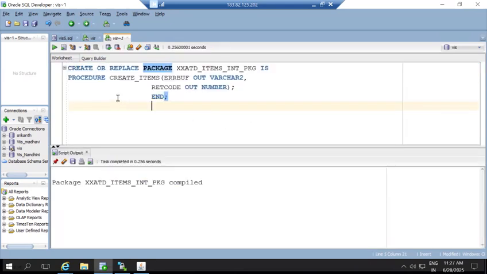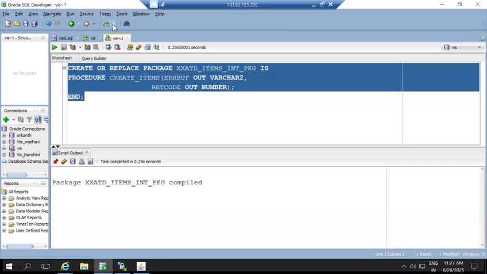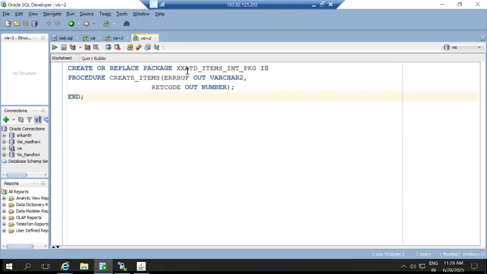Right. Now we'll go with the package body. This is the package specification. Now I'm going to develop the package body. Create or replace package body is